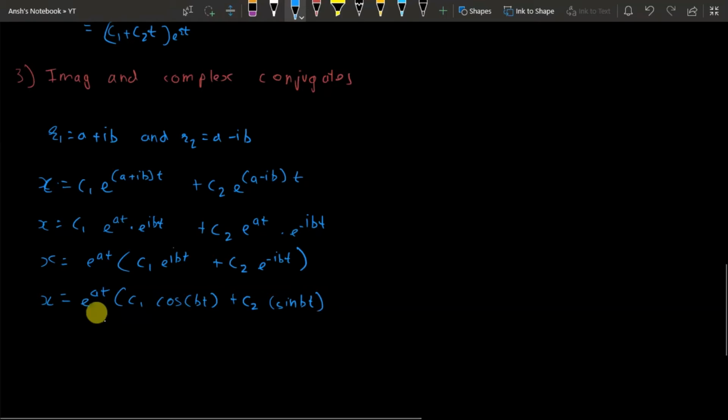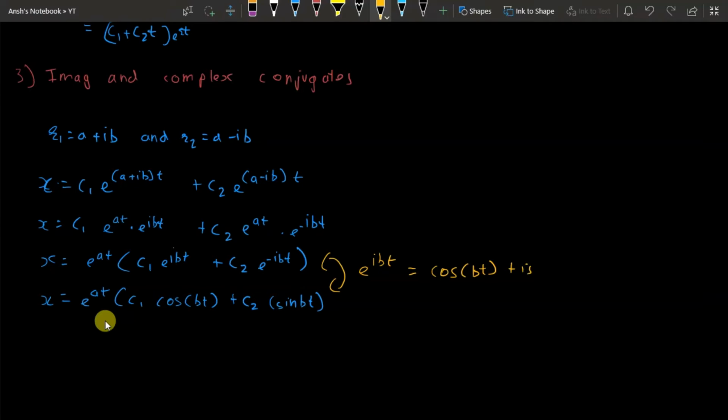And you must be thinking how you get to the final solution from this step. So how you do this is you use Euler's identity, and you write e raised to ibt as cos bt plus i sin bt, and you do it similarly for the other term. You simplify this a little bit, and then you just substitute the constants again, and you get the final form of this case, which is written right here.